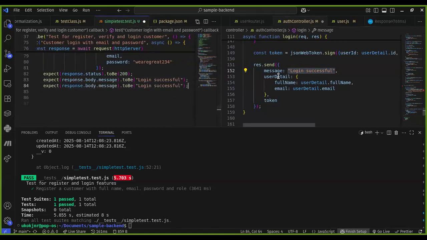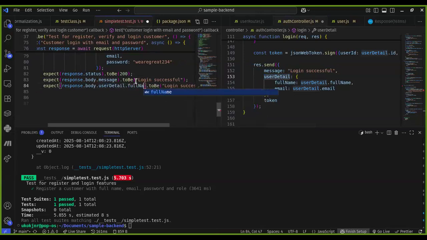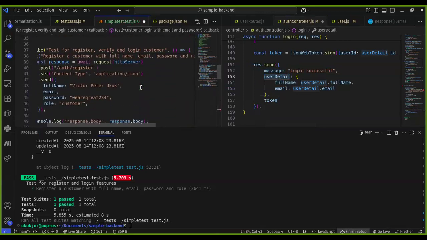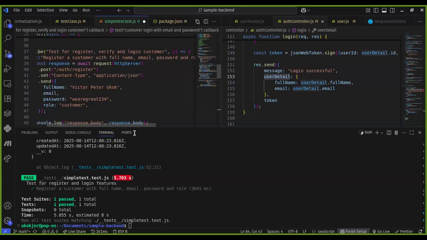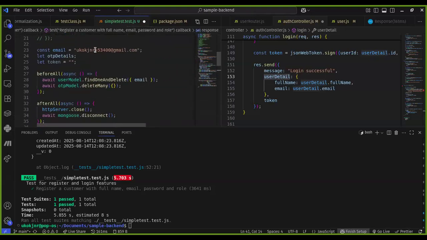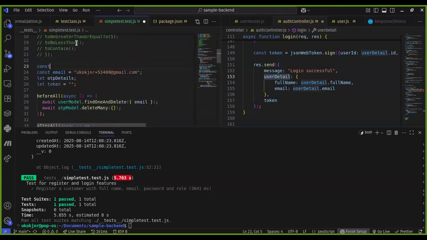Then you could say response.userDetails, userDetail.fullName. Now I'm reusing full name, right? And remember that I declared it as a variable here, and I don't want to have issues with full name. So I'd rather also declare this as a global variable, because I don't want issues with that. So I could say fullName is equal to that,